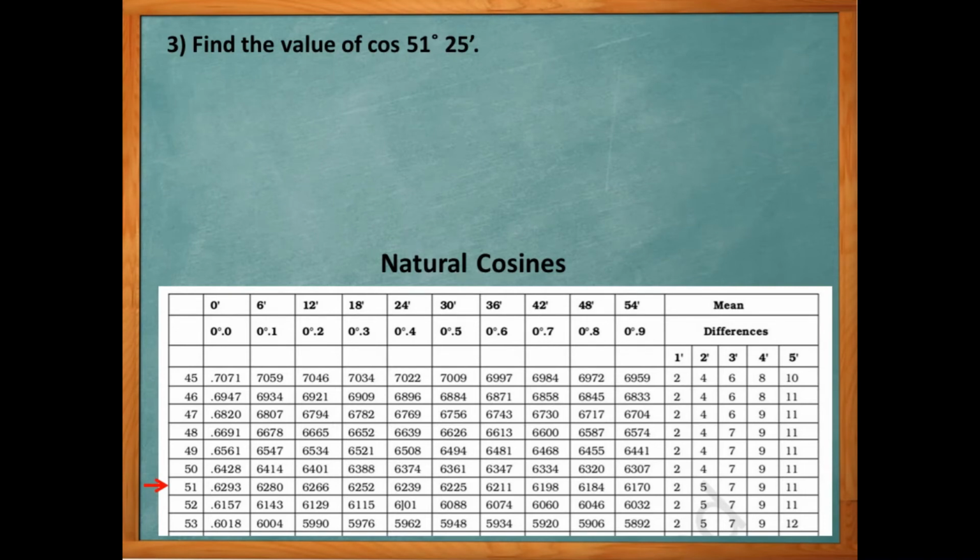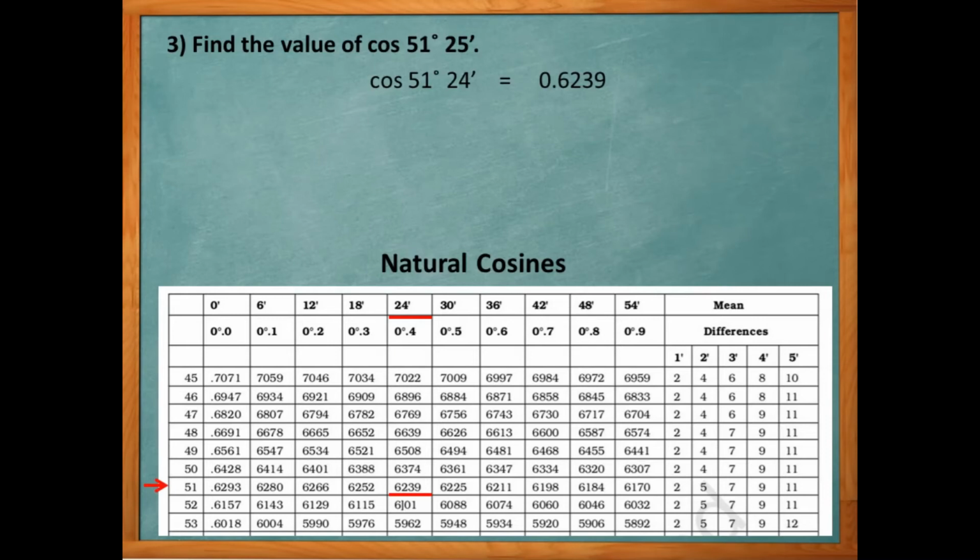But 25 minutes is in between 24 and 30 minutes. So we will use the value of 24 minutes along 51 degrees, which is 0.6239. So cosine 51 degrees and 24 minutes is